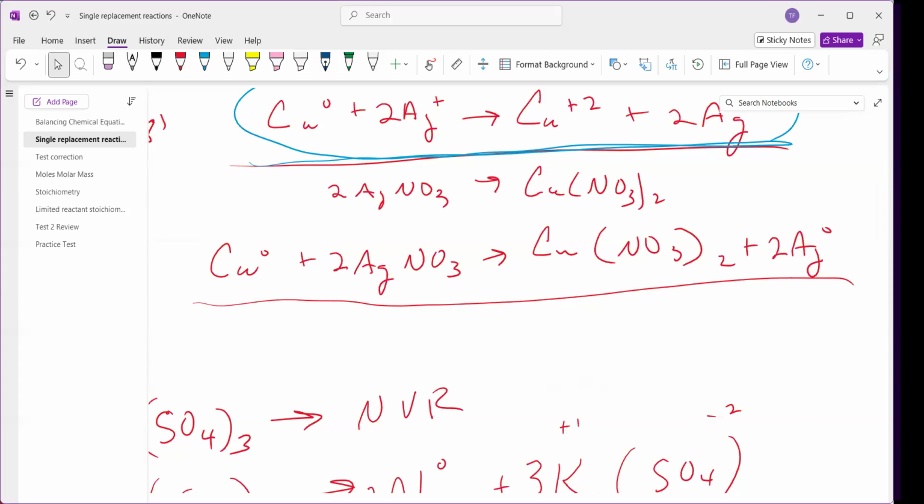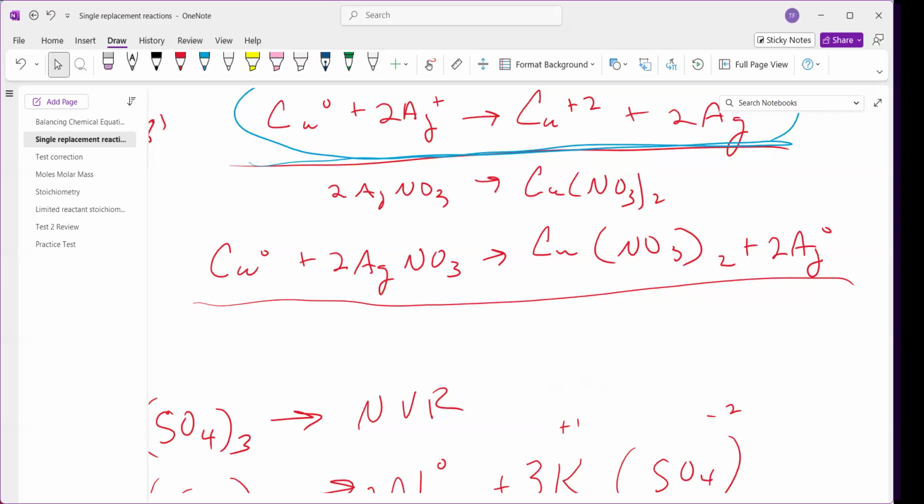So step number one is identify the two metals on the reactivity chart. Which is above the other one? If the metal is on the top, the reaction will happen. If it's reversed, there'll be no reaction. So this reaction will go. We throw silver and copper together. What happens is